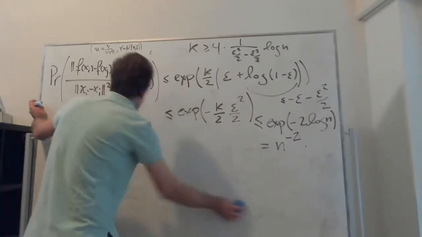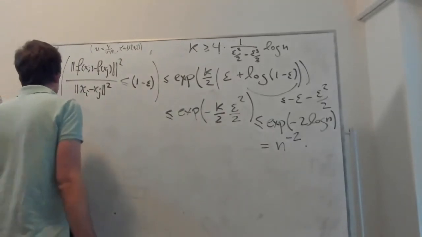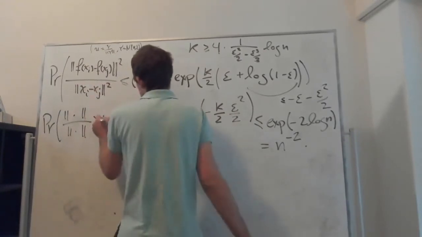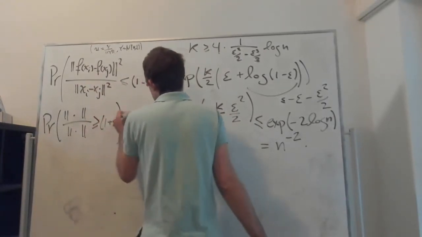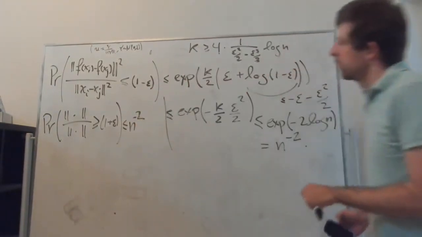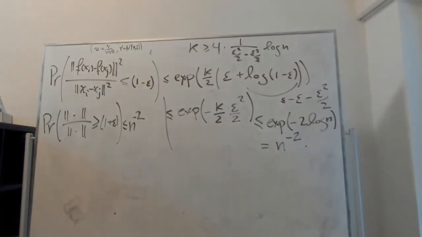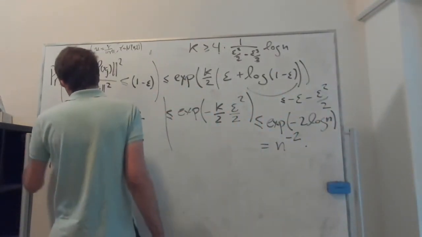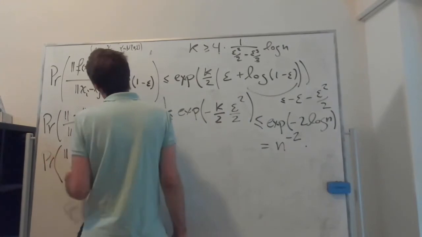Or a bit smaller actually, so the probability of this fraction overshooting by more than 1 plus epsilon will also be smaller or equal to n to the minus half. Right? It's exactly the same argument. So in particular, it means that the probability that this fraction